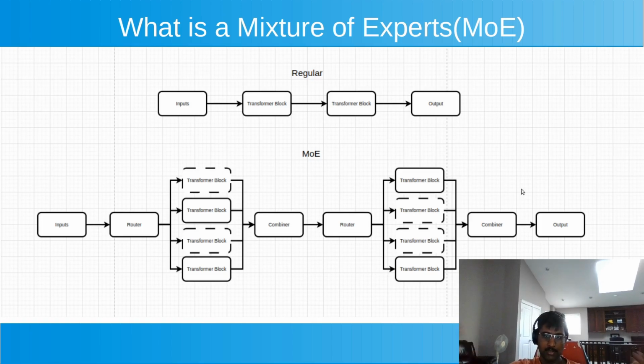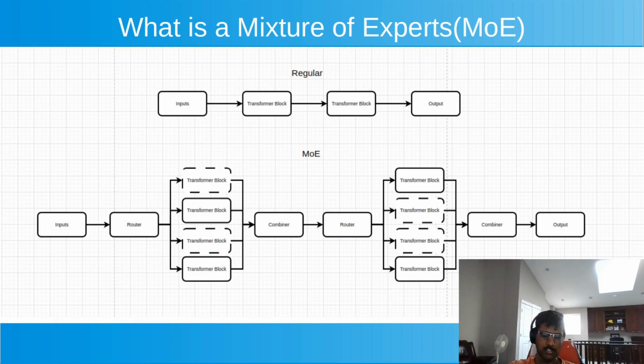What you're able to do here is have a model that can theoretically have the intelligence as if you had 8 transformer blocks, but it only requires the computational power of 4. So you effectively double the computational efficiency of your model, in theory. In practice, a lot of Mixture of Experts operates in the middle, where you have the compute power of 4 transformer blocks, but you probably only have the intelligence of like 6. So you don't get to the full level of intelligence,